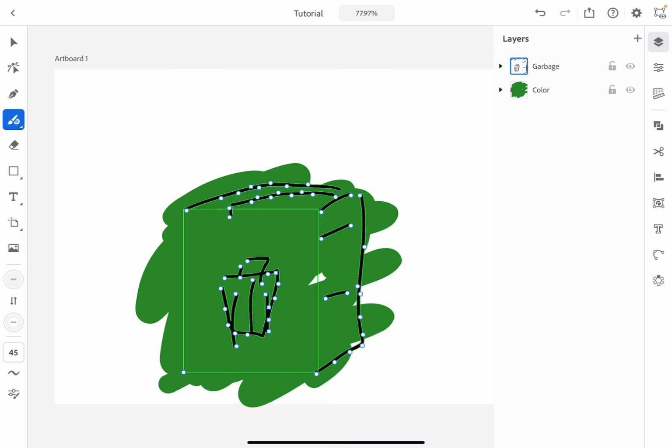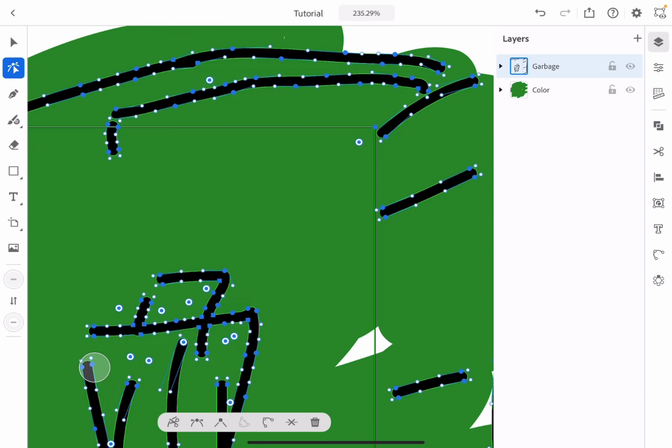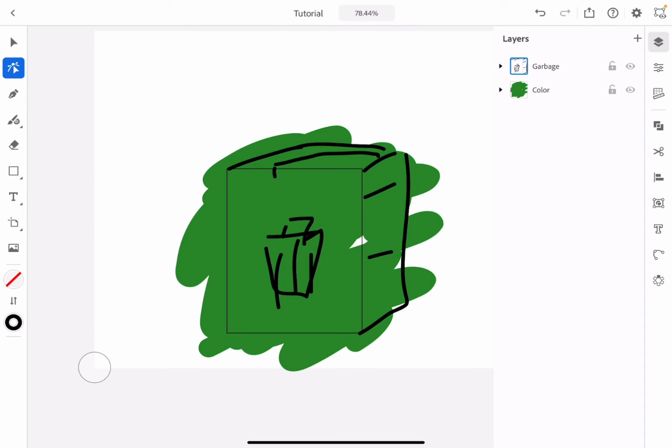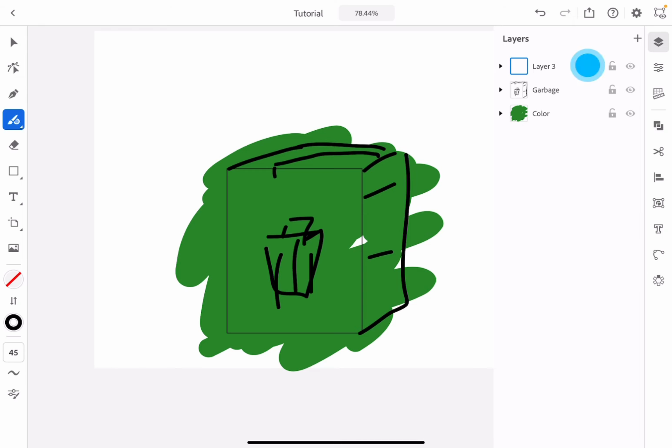You can also modify the layers individually, so I can modify the garbage, the icon or the path specifically, without modifying the color or whatever. So I mean, yeah, guys, this was just a simple wacky demonstration just to show you how to use the layers panel. You can also add enough to call this